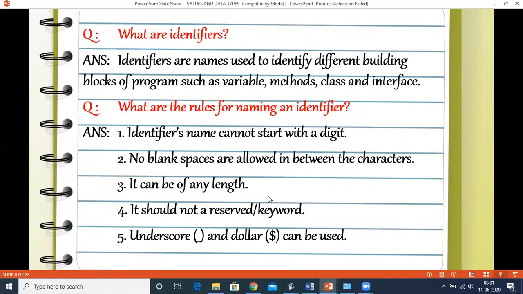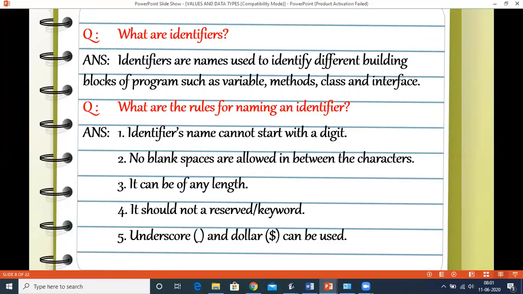So, what are identifiers? Identifiers are names used to identify different building blocks of a program such as variable, methods, class, and interface. Now, what are the rules for naming an identifier? Identifier names cannot start with a digit. You need to be very careful about it when you are writing an identifier, that is a variable or a function name or a class name.